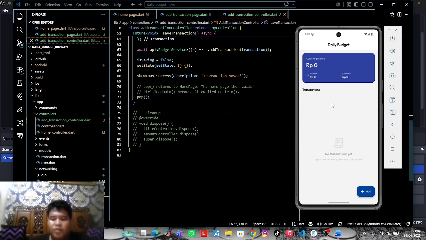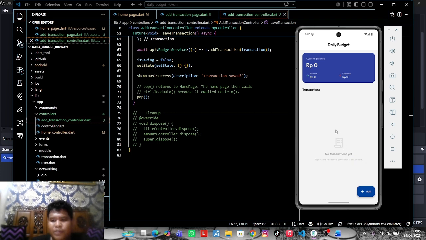Since there are no transactions yet, all values are currently 0. Below the balance card is the transaction section. Because no transactions have been recorded yet, the application displays a message saying no transaction yet.